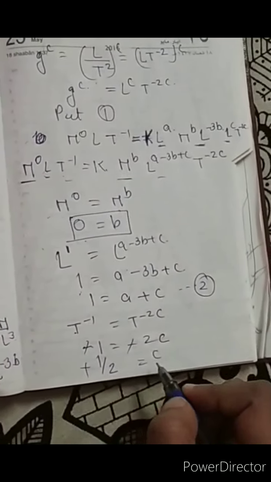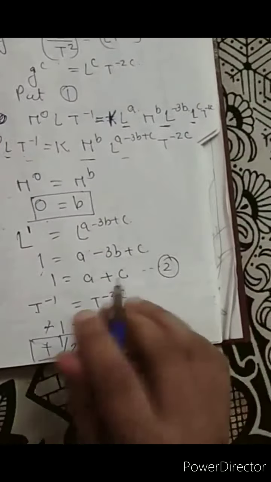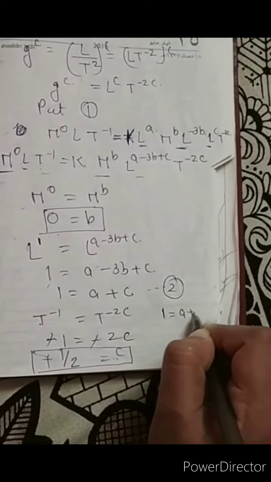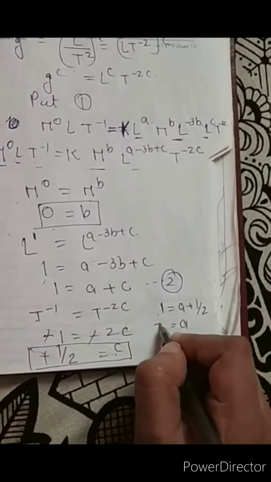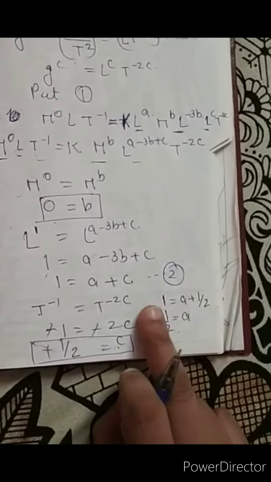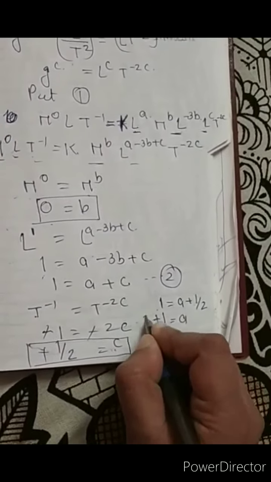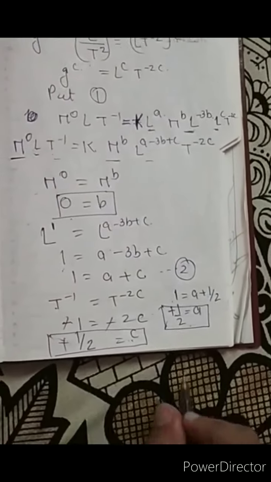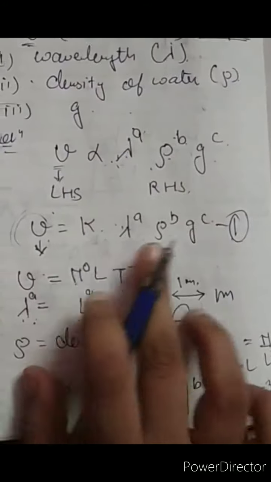Wow. So write down, this is the value of c. If you put c here, can I solve it over here so that it will be easy for you to see? Plus half, then a is equal to 1 minus half, that will give you plus half. Sorry, this is plus half. You got all the values a, b, and c. Just put it in equation 1.